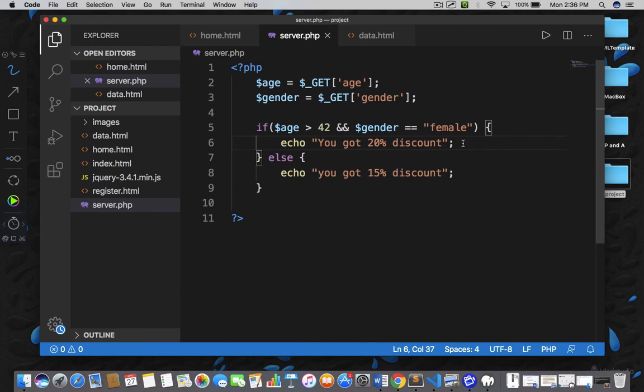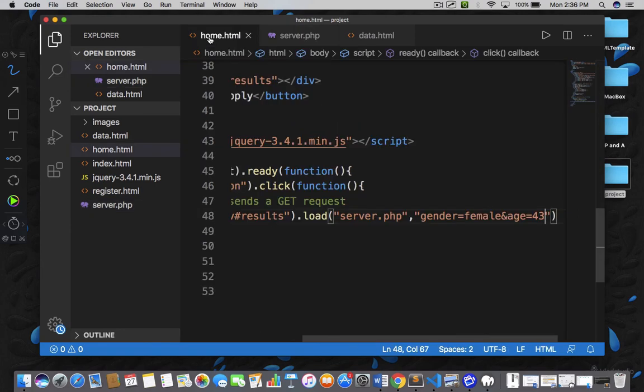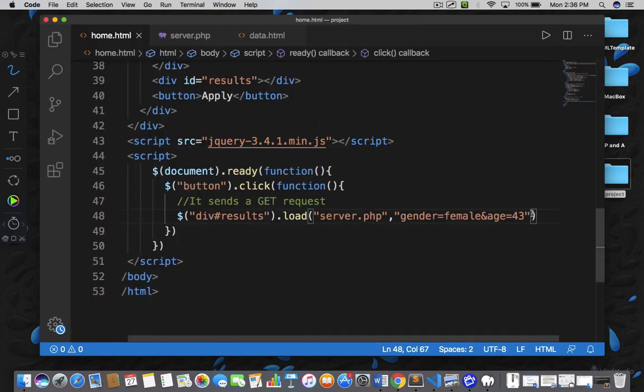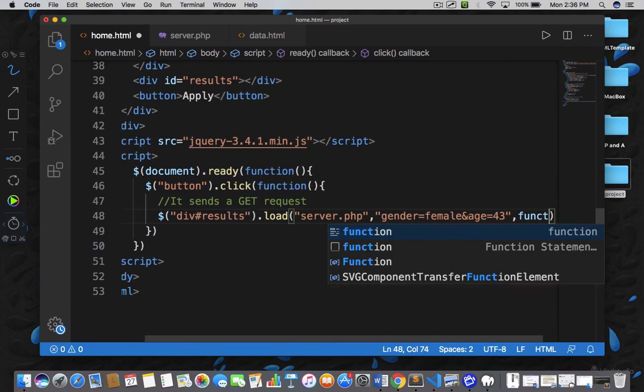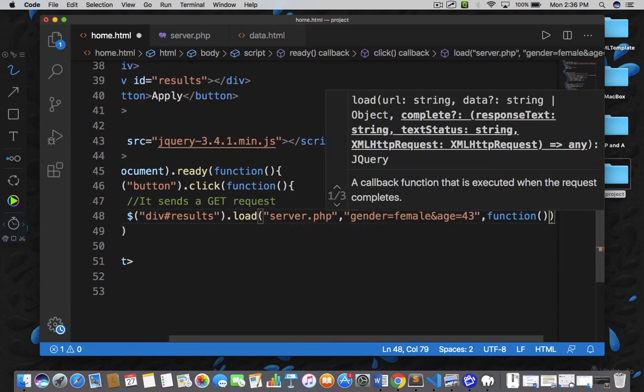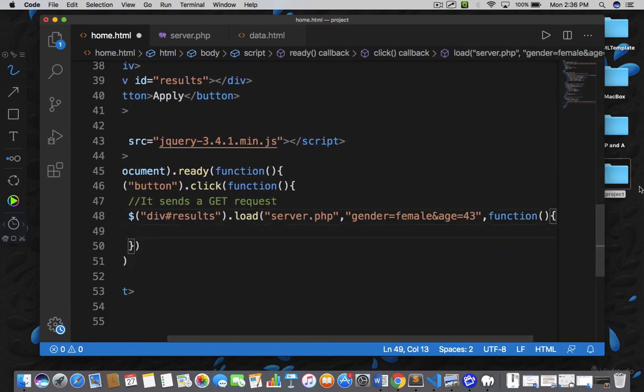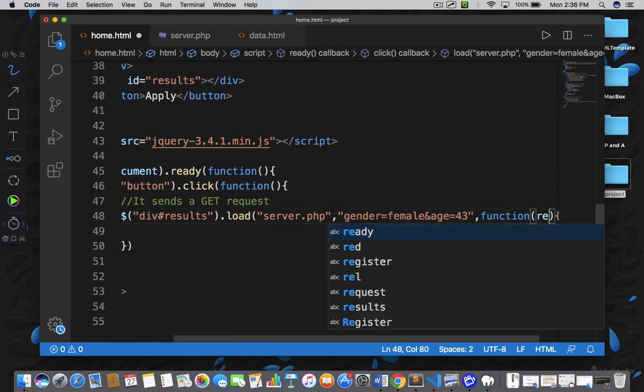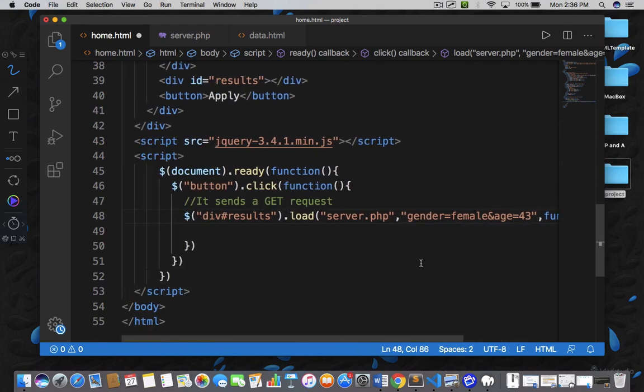Well, it's a very simple code, and I hope you are getting everything right. So hardly it's 8 or 10 lines of source code in a server.php file. So let's go back and let me give you some more idea about the load function. So you can even write a function here. So this is basically a callback function, and let me write response here, right? So you can even see the response